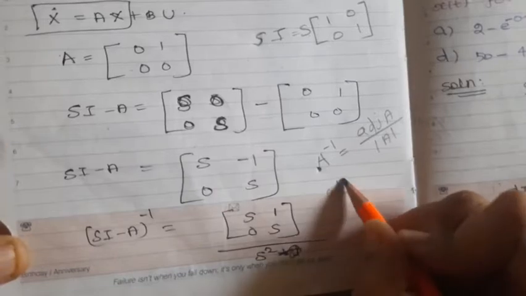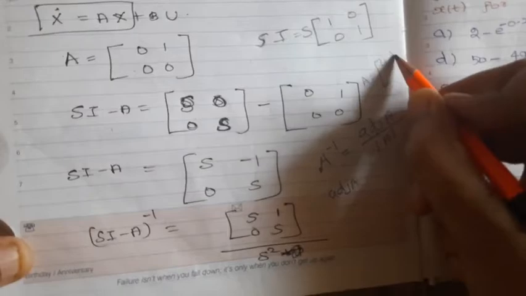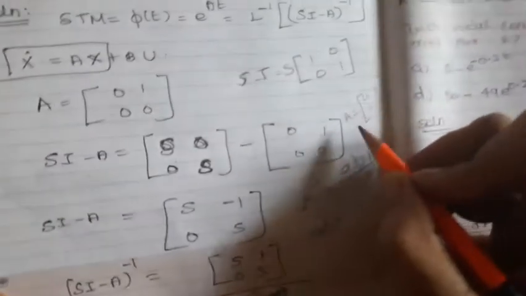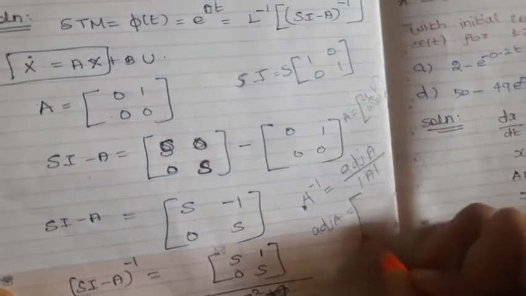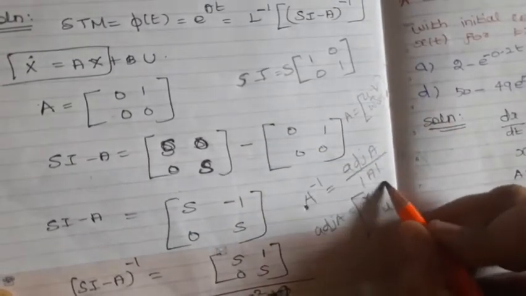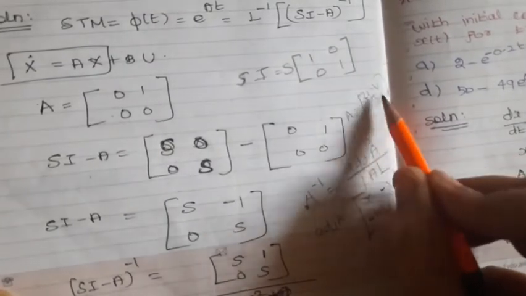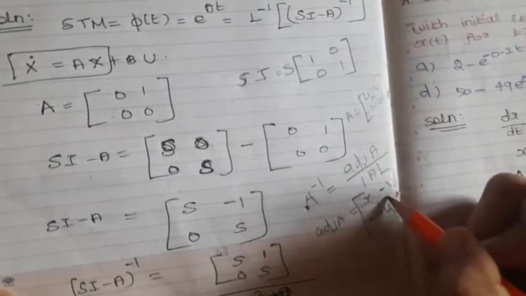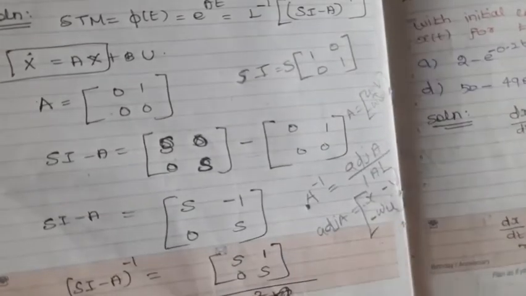We can say the A matrix can be [[u, v], [w, x]], let it be. For example, what is the adjoint of A? Just interchange the diagonal elements, x and u, then change the sign of the other two. This is the shortcut. Interchange these two elements and just change the sign of the others. If it is negative, we need to change it to positive. If it is positive, we need to change it to negative, just the opposite sign.